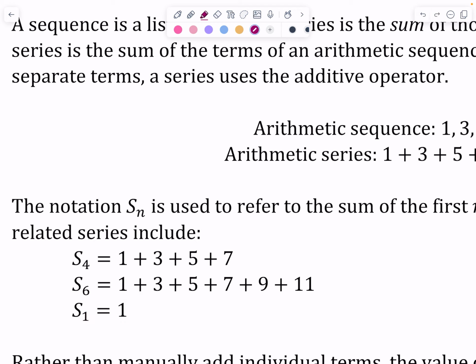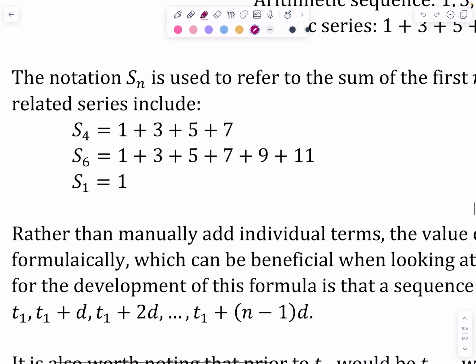Now, we could compute these a bit manually, like use your calculator to say 1 plus 3 plus 5 plus 7 plus 9 plus 11, and that gets you some number, which is all good and well. But there is also a formula that will be of use, and the development of this formula is based on a couple of things. It's based, first of all, on looking at the terms in this kind of form, where we notice,